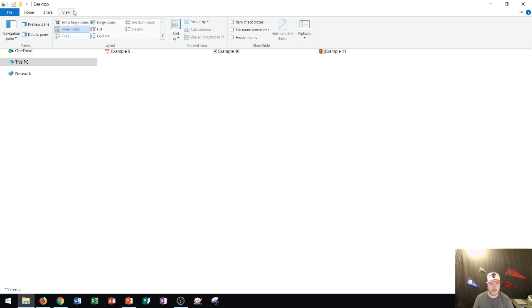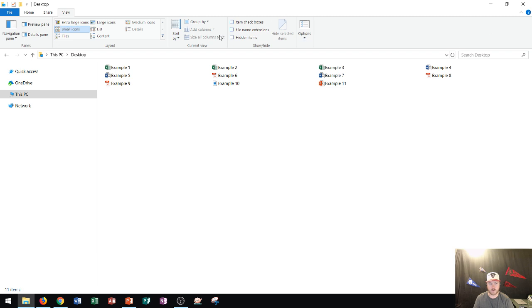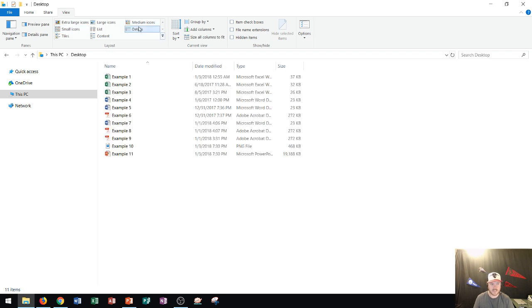Now I like to have this gallery of tabs always showing because I do use this area. So first thing I do, I go right over here and I click this little pin right here, and that actually pins the ribbon so that it won't go away. So now it's locked up here. Even if I click down here, all of this will stay up here. Next thing I want to do is change the layout of how these files are displayed, and I want to change that to details. Details is very nice because it'll give me the name of the file, the date modified, the type of file, and the size of the file.